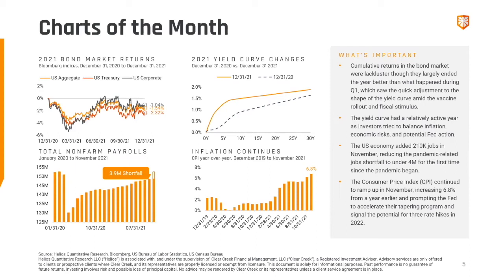And we expect them to do this probably 3 times throughout the course of the year. So right now we're at 0 on the short-term side. We expect to be right around 0.75 on the short-term side by the end of the year. Now, some models are pricing in 4 interest rate hikes throughout the course of the year, bringing us up to a full 1%. I don't think that's going to be the case.